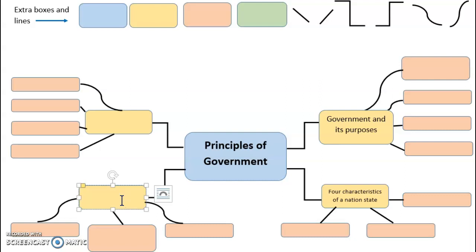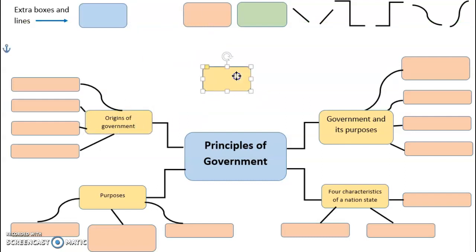We're turning now to page 4. We have purposes. We'll put in here. The next title I'm going to put is Origins of Government. Okay, and then there's another title that I don't have a box for, so I'm going to grab one of the extra boxes and bring it down, make it a little bit bigger, take one of the lines, connect it,